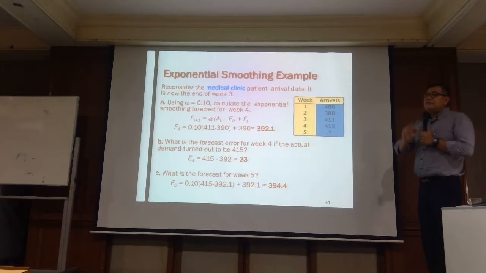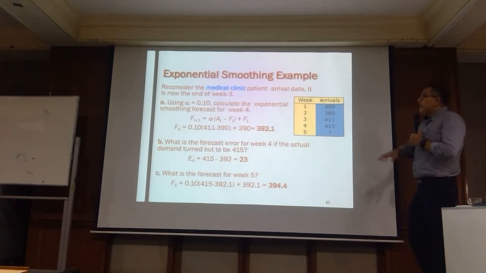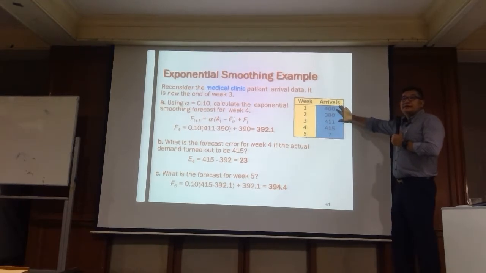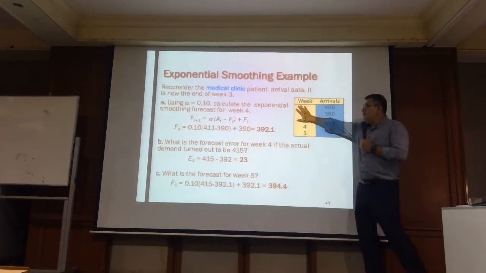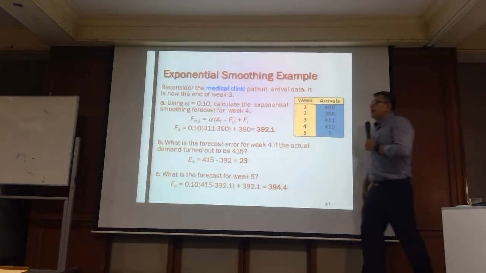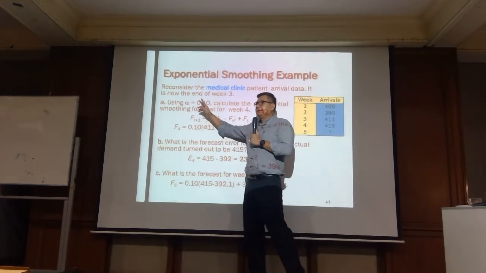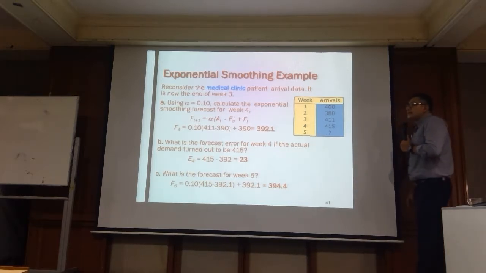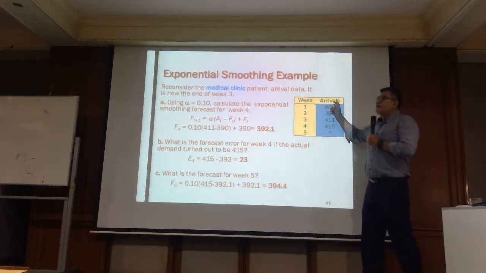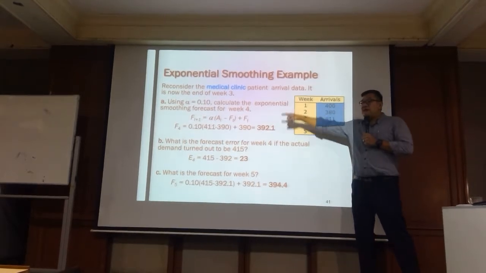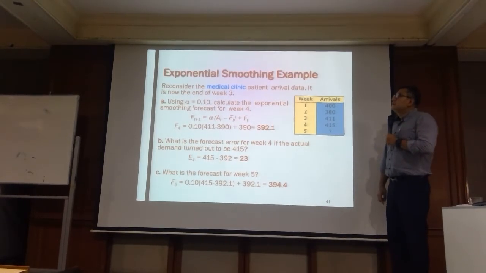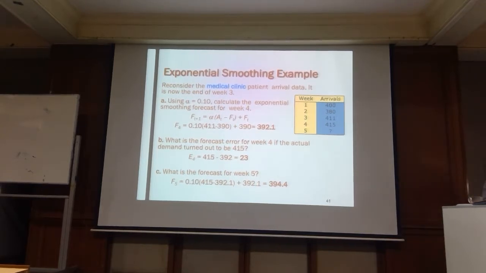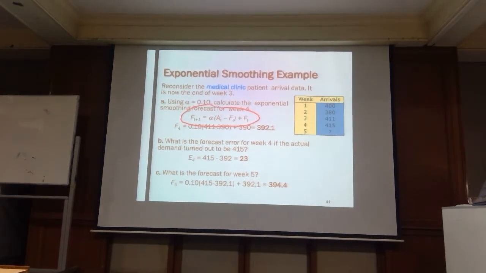If you still remember, we have information about 3 weeks. This is the customer patient hour. Let's say that I'm using alpha equal to 0.1, and I would like to use the method of exponential smoothing to forecast the number of patient arrivals in week 4. What are we going to do? Based on this formula, it should be